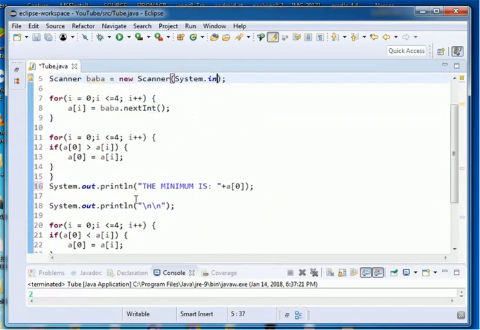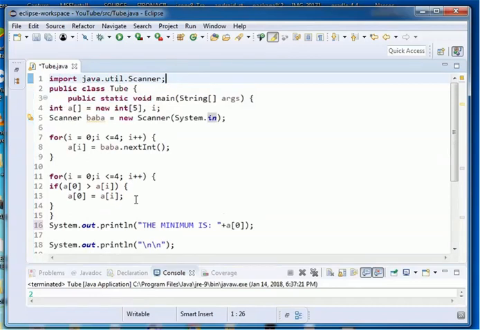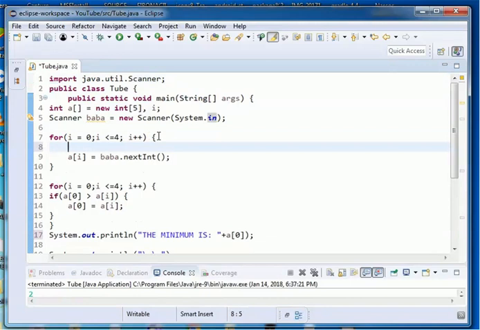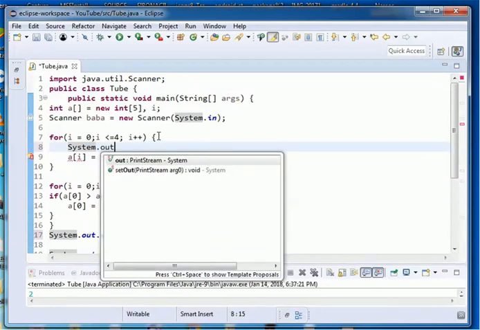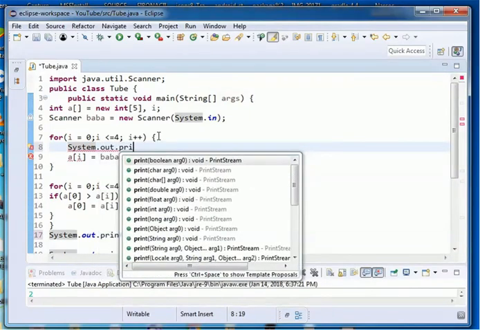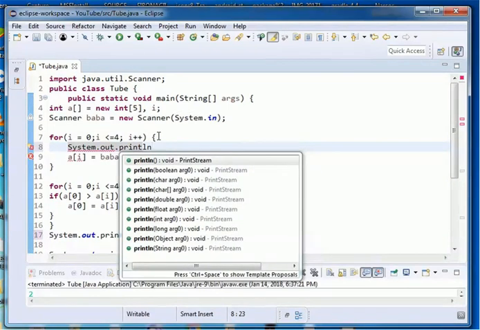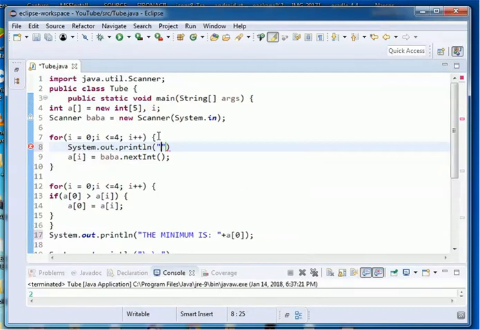So let's just run this, and let me put something here also to accept the input. Let's say System.out.println, Enter the